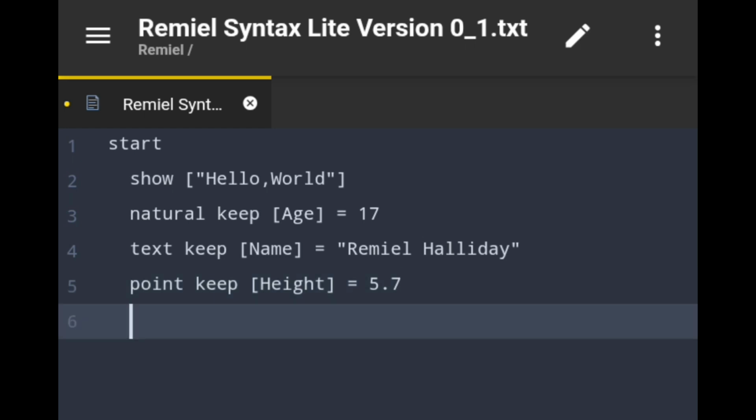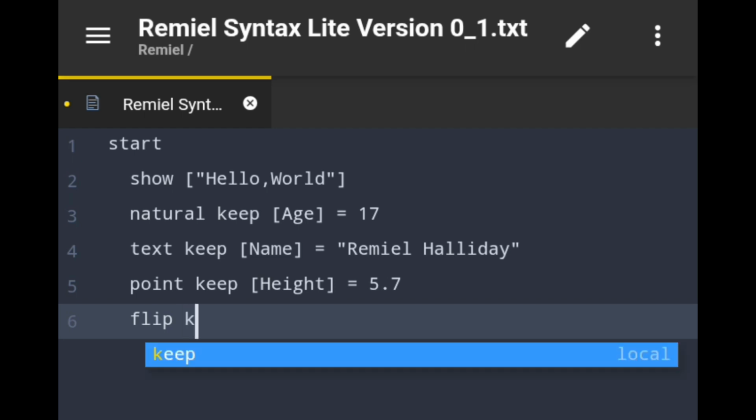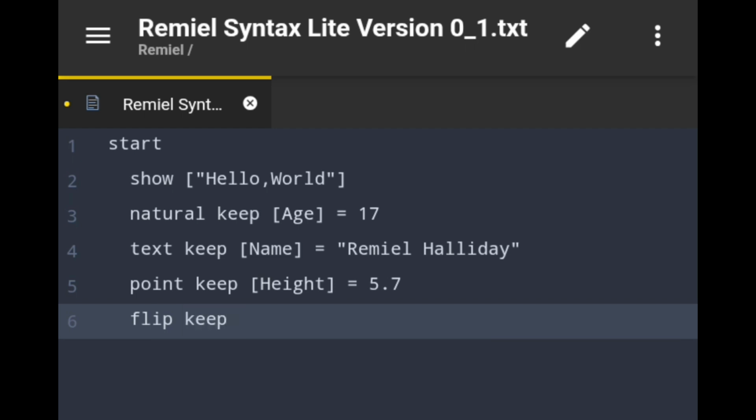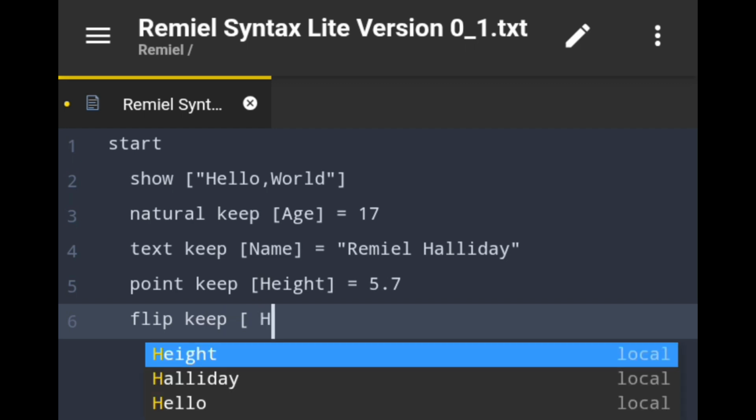Now how do we say that it is now true or false? This is like now making logic. If this thing is true, we do this. If this is wrong, so now we are going to use what is called a flip. We know a flip, it has two sides. One side is on or off, but for us we're going to make a flip which says true or false. So we're going to say flip keep, and we open, and we say